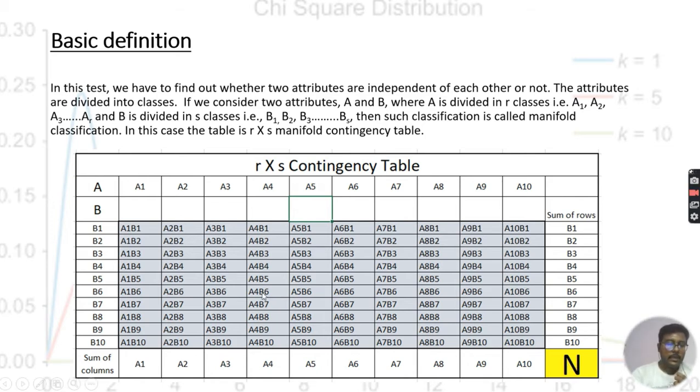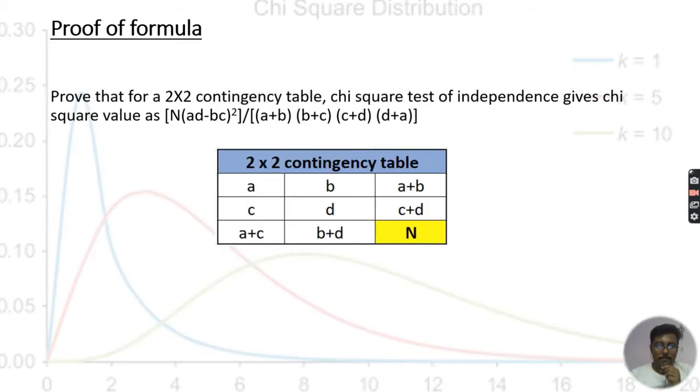That is, suppose here we have 10, here it is 20, here it is 30, and it goes on like this. This N will sum up this whole area, that is, all of B1 to B10 and A1 to A10. I will show you later, you will get a better view of this. This is an R cross S contingency table, and when I explain this problem in detail, you will have a better view of the problem.